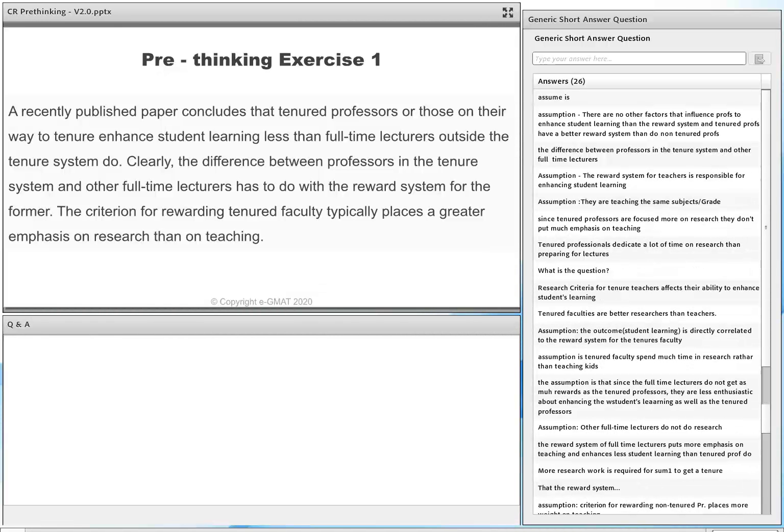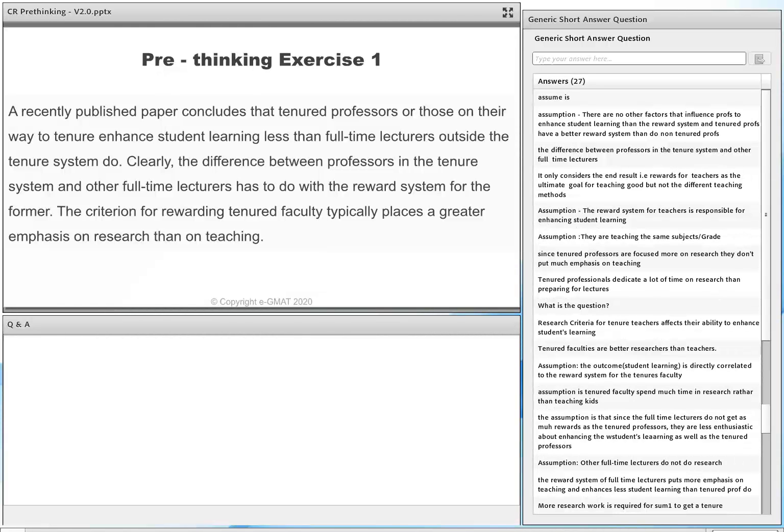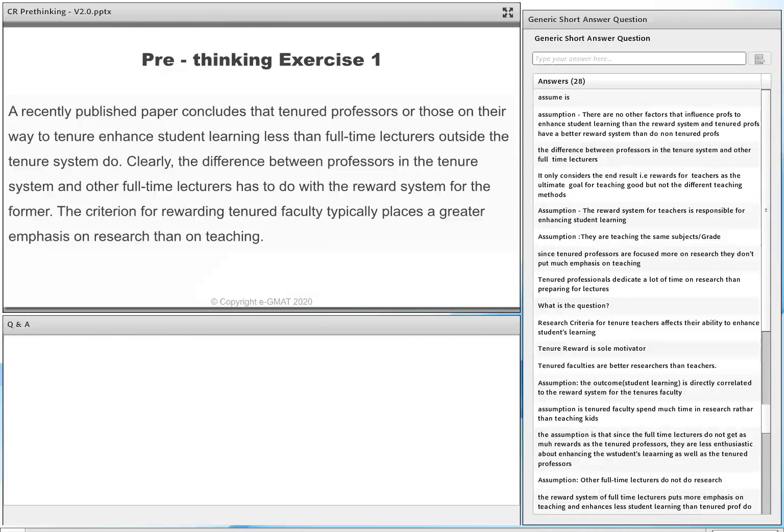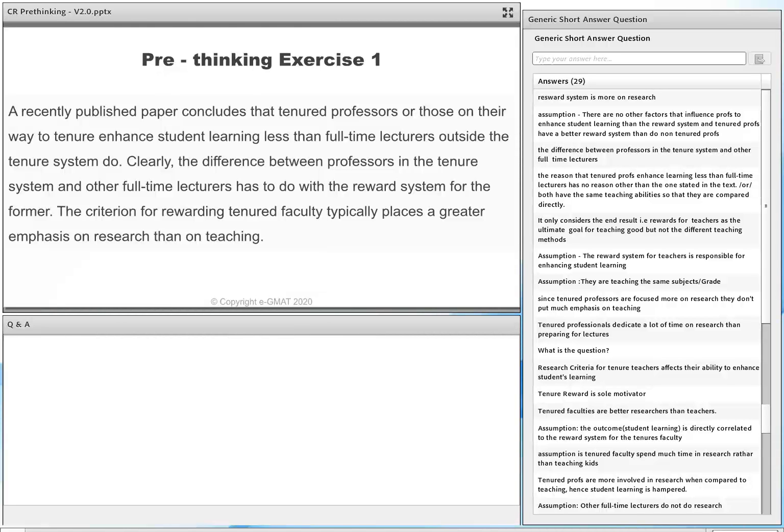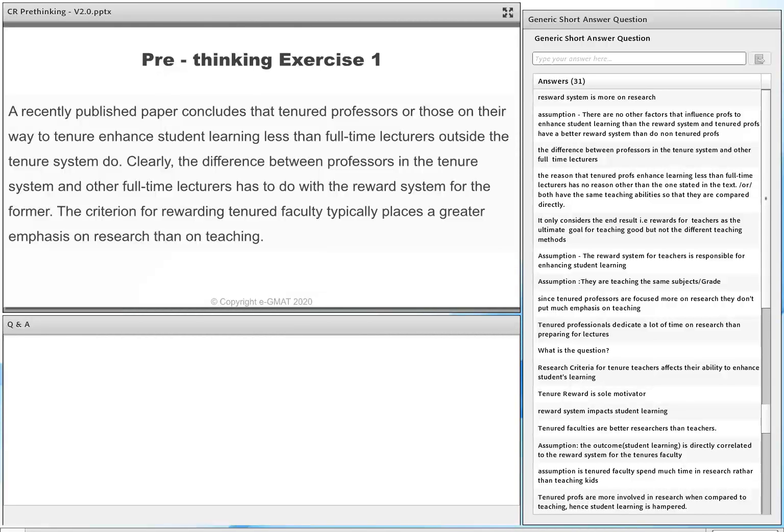Okay. One says, since tenured professors are focused more on research, they don't put much emphasis on teaching. Tenured faculties are better researchers than teachers. The reward system of full-time lecturers puts more emphasis on teaching and enhances student learning more than tenured professors do. So this is an answer that's going in the direction that I like. The reward system of full-time professors is better than tenured. Okay, you're talking about the right thing, even though it's not the precise assumption